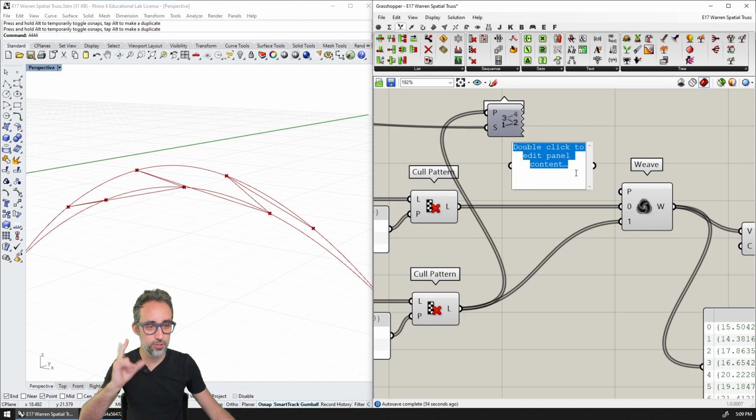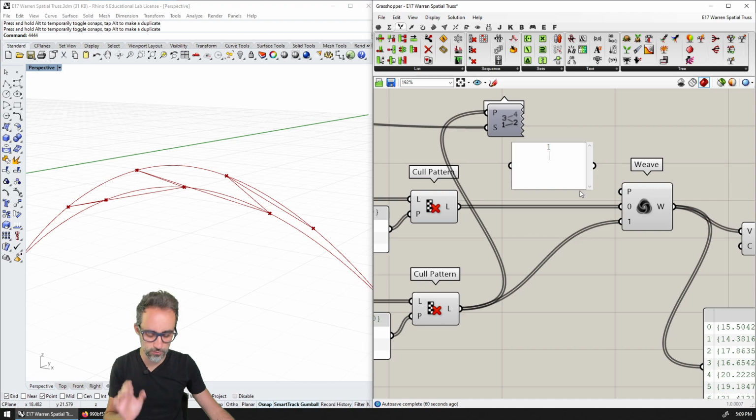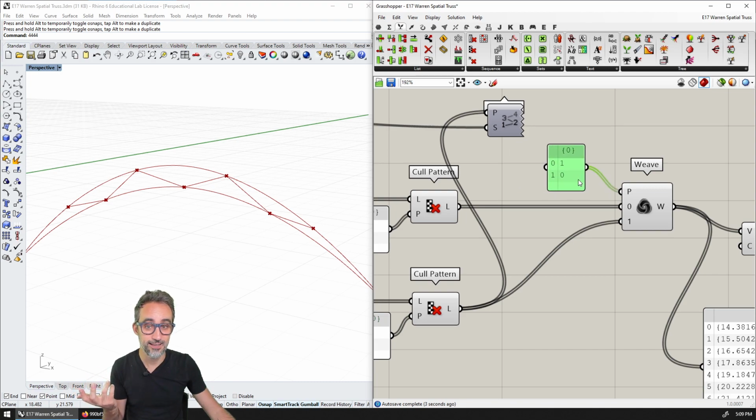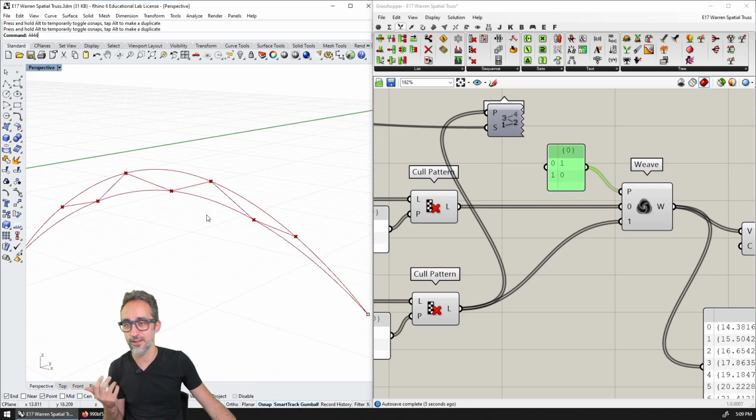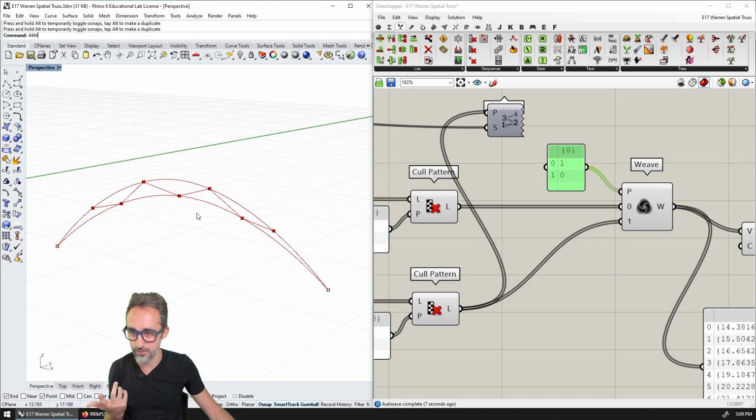So I'm going to change the pattern. I want you to take a point from list number 1, this one here. And then I want you to take an element from list number 0, the one that you have here. And then I'm going to make sure that this is multi-line data. I'm going to plug this in here. And then, ta-da! It turns out that we now have the right triangulation here.